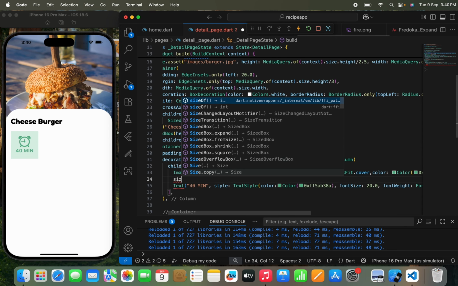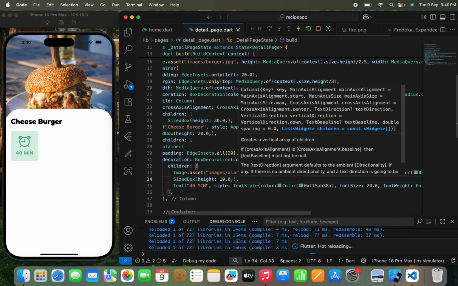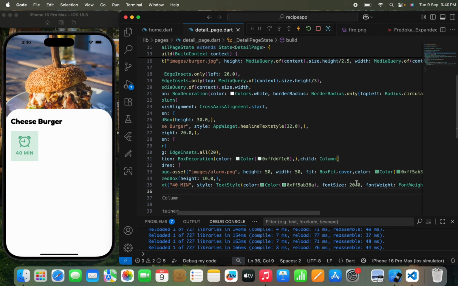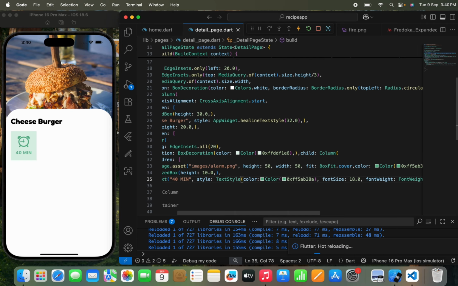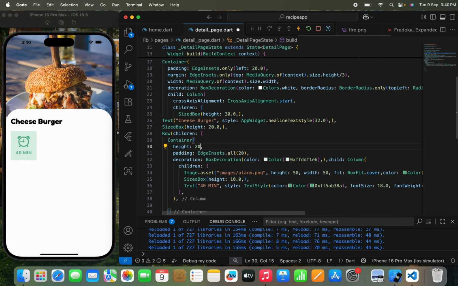I can use the SizedBox height 10.0. I guess 10 will be enough. Okay, so this is what we have done. I can decrease the font size up to 18. Okay, we can increase the height. Let's pass the height up to 200. Okay, 200 will be too much. Let's pass up to 150,